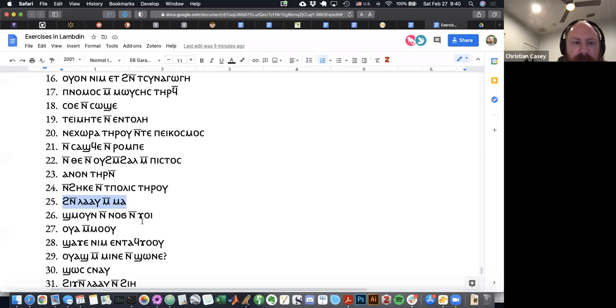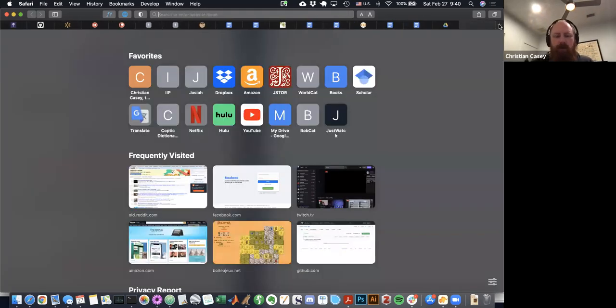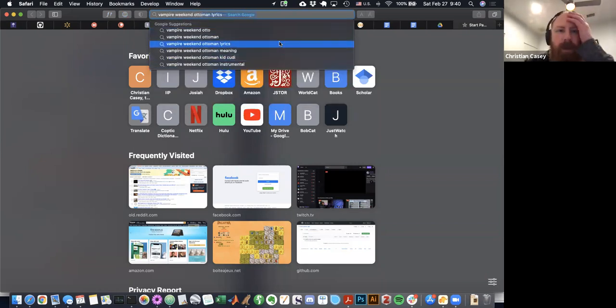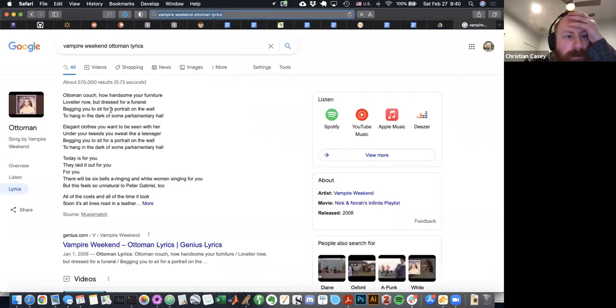And then even extending that further, I would say, there's a usage of the English word some that is sort of hard to translate into any other language. The example I always use is this Vampire Weekend song, it's called Ottoman. Yeah, Ottoman Couch is the name of the song, or Ottoman. He says, begging you to sit for a portrait on the wall, to hang in the dark of some parliamentary hall. And it's kind of a throwaway line, but this use of the word some,